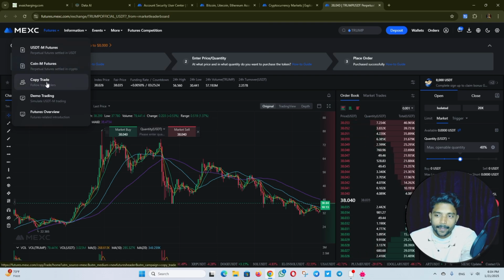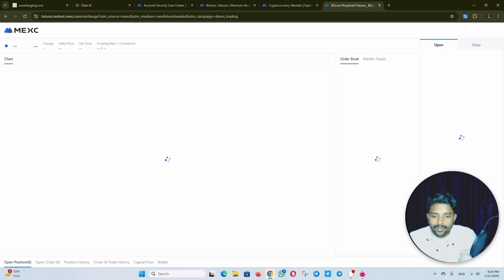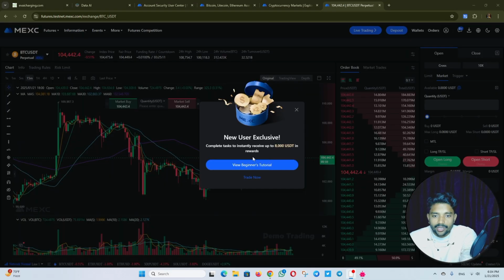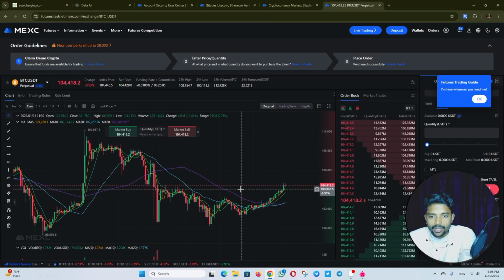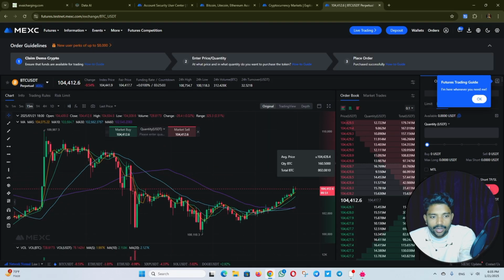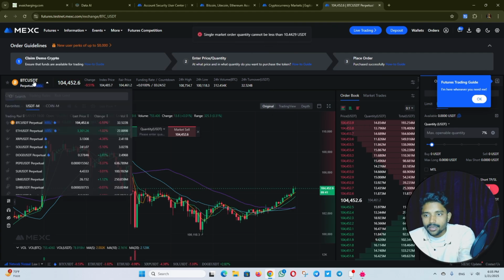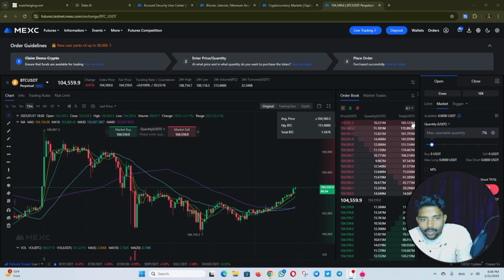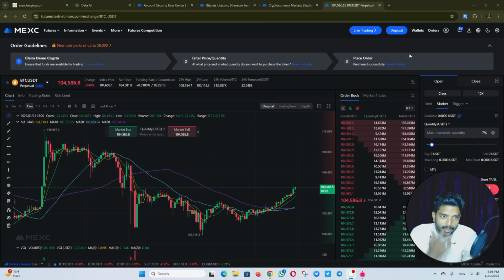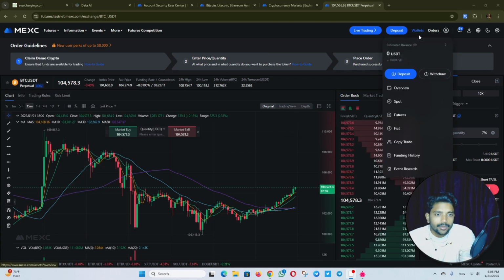And the copy trading and the demo trading, I will show you the demo trading account. Then you can check, here is the demo trading area. So you can check the demo trading beginner tutorial in this. I don't want to explain this, so let's start. This is the demo trading. When I click here on the amount like 7%, then click buy long, it cannot use less than. So let's click 14. I have already explained the deposit and how to trade in the popular currencies and how to take margins.